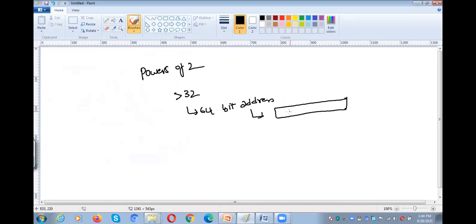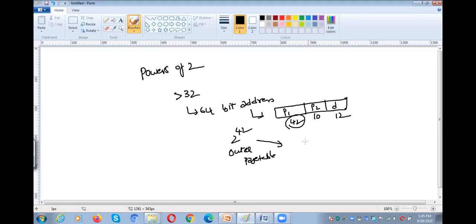If it is a 64 bit address, automatically the page table size will be even more. Why? Because P1 is 42, the next P2 is 10, and then D is 12. 42 means how many entries does a page table consist of? 2 power 42 outer page table entries.